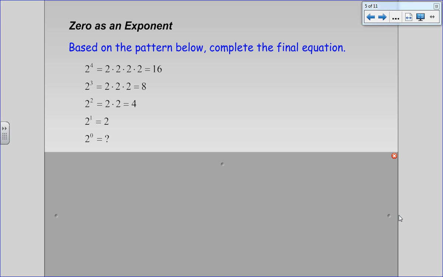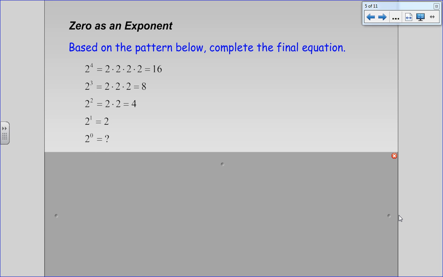In this video, we will investigate two more properties of exponents. First, let's consider the number 0 used as an exponent. Looking at the equations shown on the slide, we can see that on the left-hand side, the exponent in each successive equation has been decreased by 1. So we move from 2 to the 4th power to 2 to the 3rd power to 2 to the 2nd